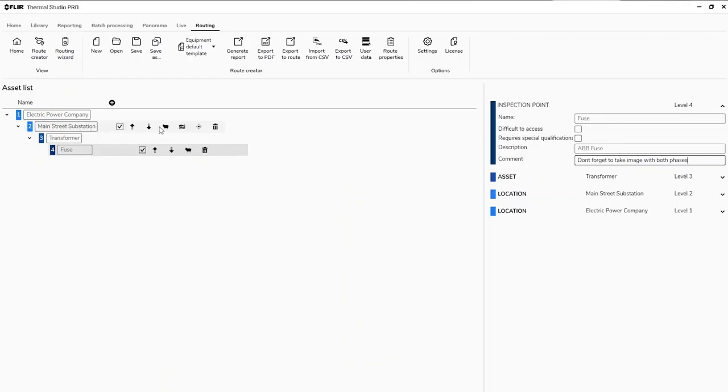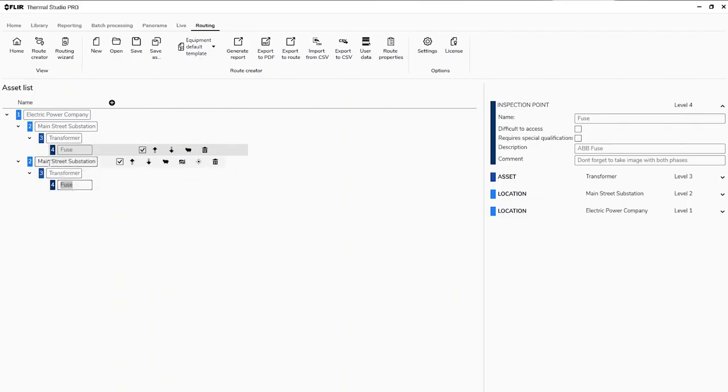So here's where the clone device works really nice, the icon. You come up here to this level, and what I want to do is clone it. So we use a little sheep, right? That is the clone. What was the first animal to be cloned. So I'm going to go ahead and clone it, and you'll notice it took my Main Street transformer and that